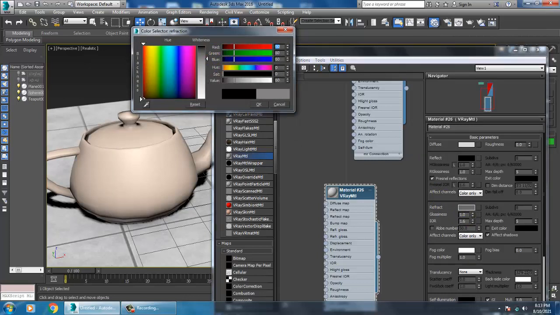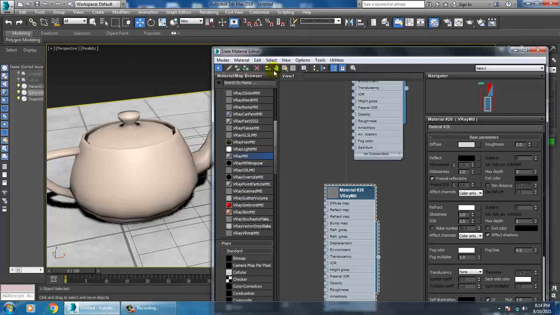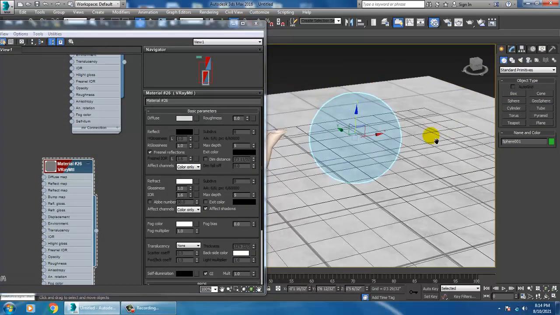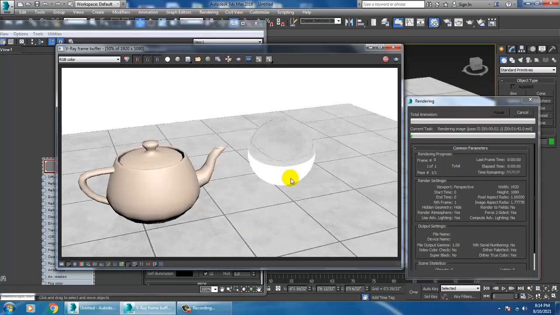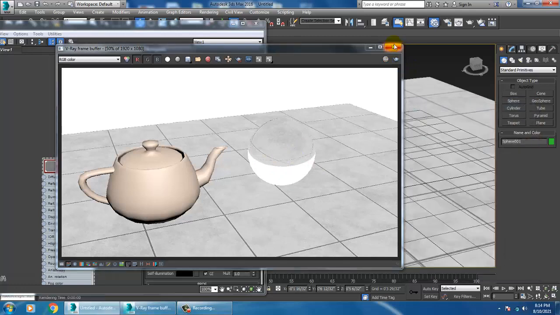Whenever you gain refract, refract can be used for glass, can be used for water. So anything which is very transparent, for that we are going to use refract. So where your light can easily pass through, that's a refract. If I increase this full to white over here, and let's just assign it, and if I just try to render it, you will see a kind of a glass material.